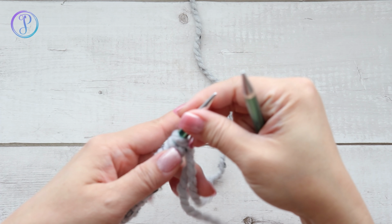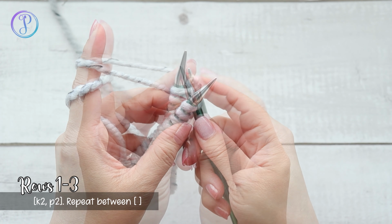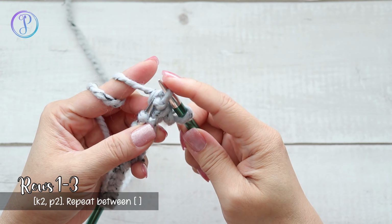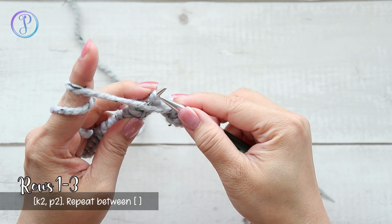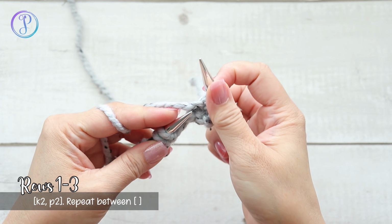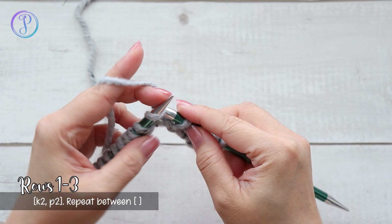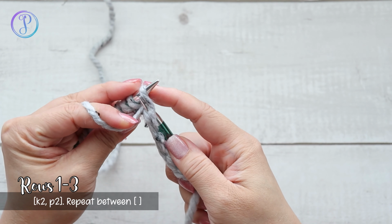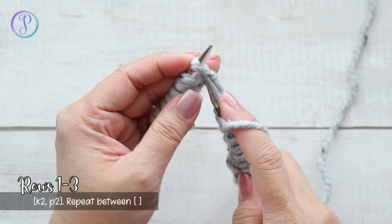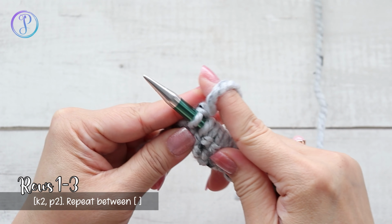So you want to knit 2, purl 2. So knit 2 stitches, 1, 2, and then purl 2 stitches, 1, 2. Okay, so just repeat that across. Knit 2, 1, 2, purl 2, 1, 2. Knit 2, 1, 2,